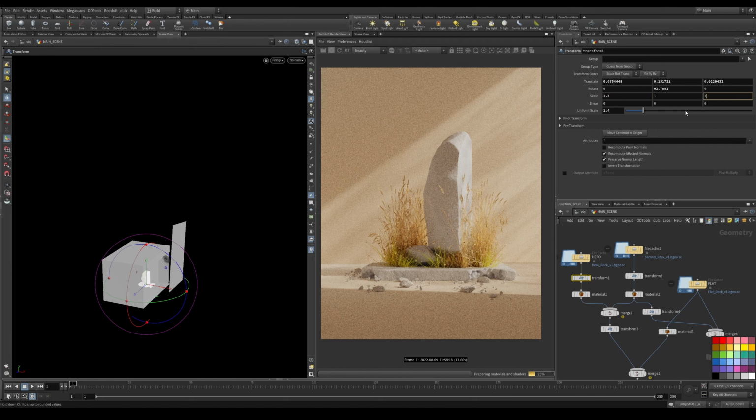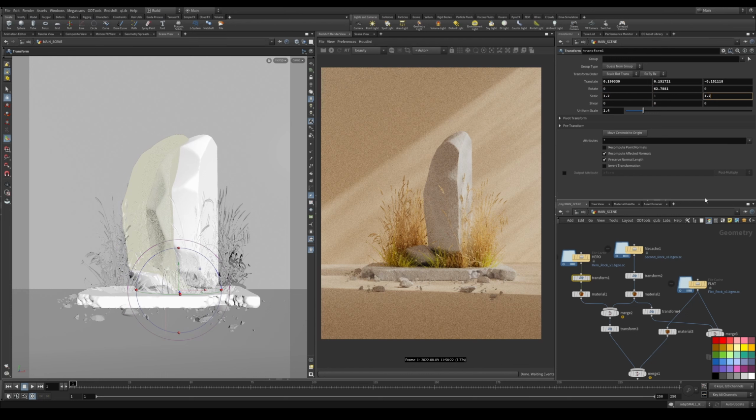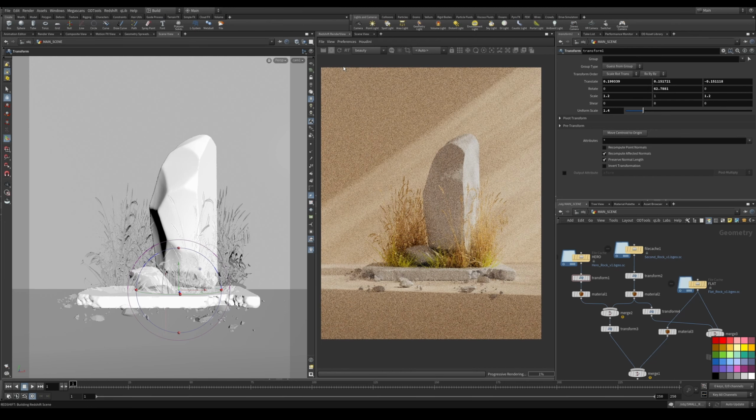And I mean, maybe this rock here, we can just make it a bit fatter. Let's just move it over a bit. Maybe 1.2 is a bit more realistic. Let's hit render. Yeah, so that just gives this middle rock a little bit more weight in the scene, which